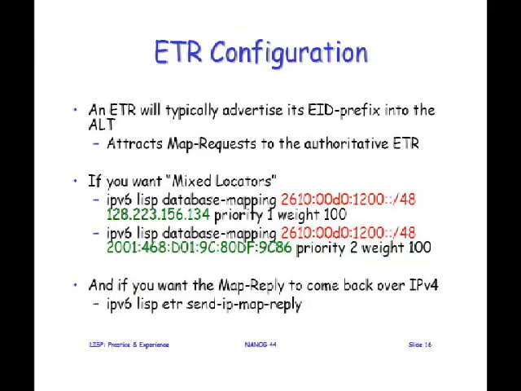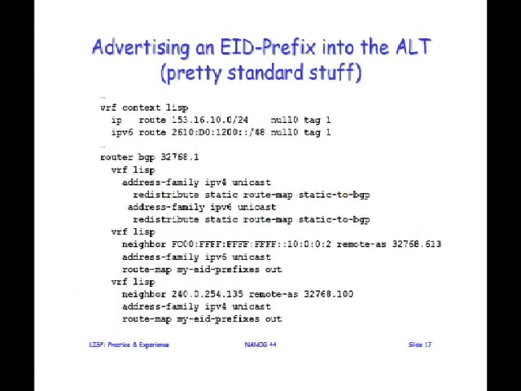4/6 works pretty easily. I wanted to show you this because this is the way a typical ITR, I think this was mine, would advertise its EID prefix. I just happen to be using this technique of putting a static route to null 0 with a tag in it, and then I just find that tag and stick a community on it so that BGP can find it. But the real one that I thought was interesting was this one, where I have neighbor VRF lisp, neighbors FC00, blah, blah, blah.